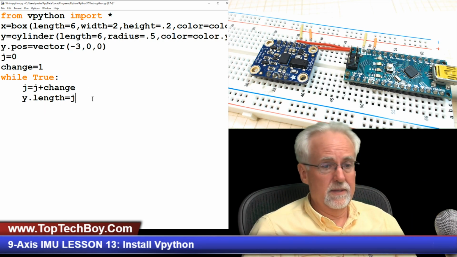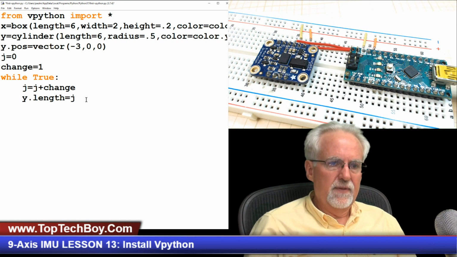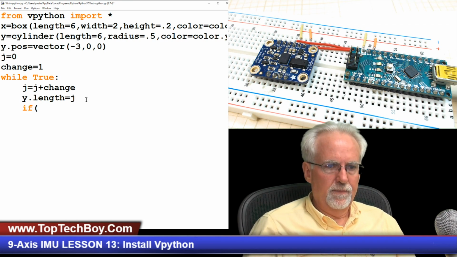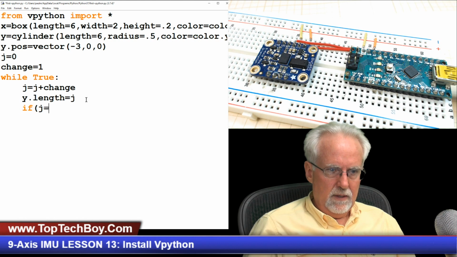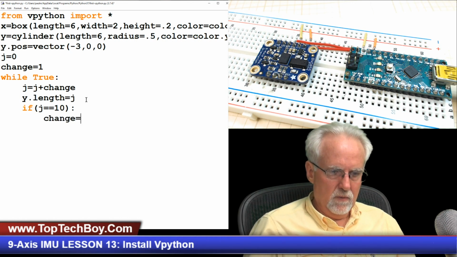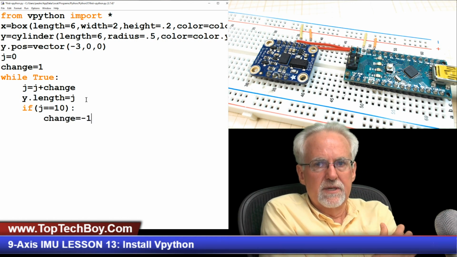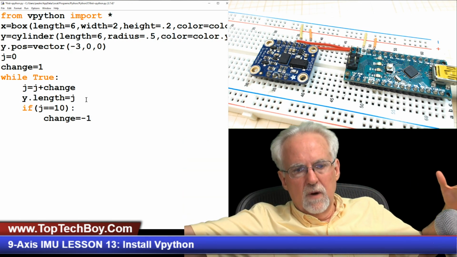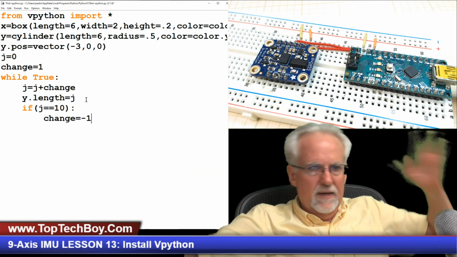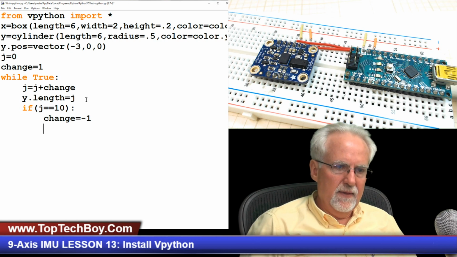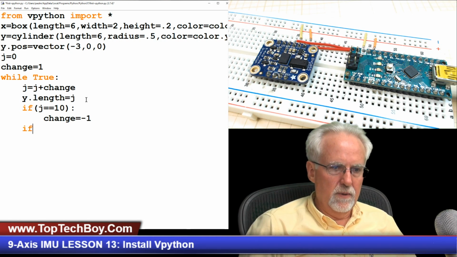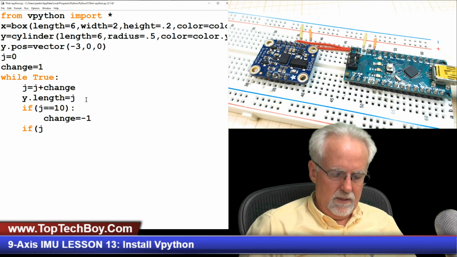So y dot length is equal to j, and then let's just say if j equals 10, then what do I want to do? Well, I want to make change equal -1. So this is just saying I don't want it to continue to grow forever, so once it gets to 10, then I want to turn it around, and then I am going to say also if j equals 1,